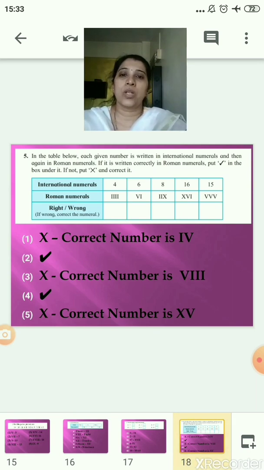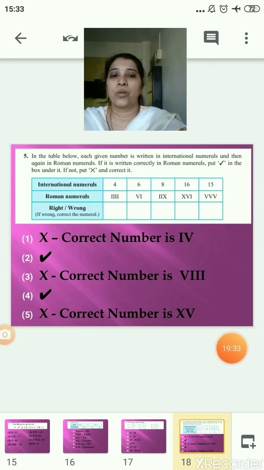So I hope children you all might have solved this practice set 1 and you might have understood all the rules and regulations which are given in these Roman numerals. So there is a home assignment in this which you can click on the description box and you can solve this as homework. And if you have any queries, you can note it down and ask me when the school reopens.